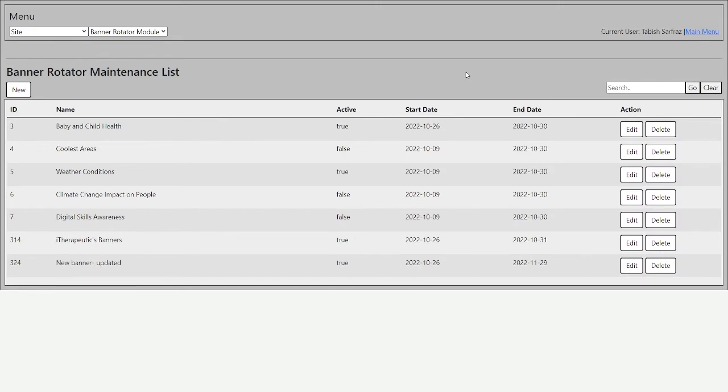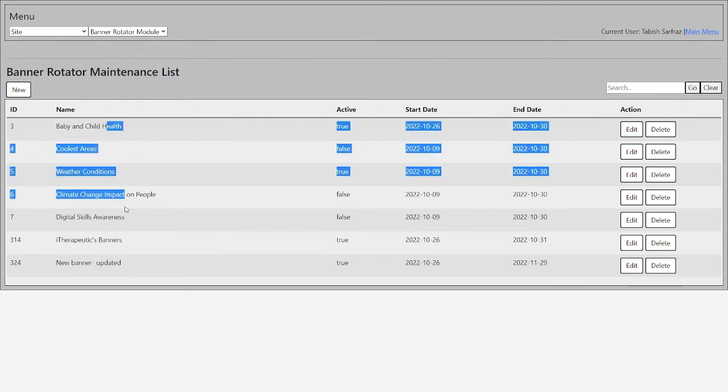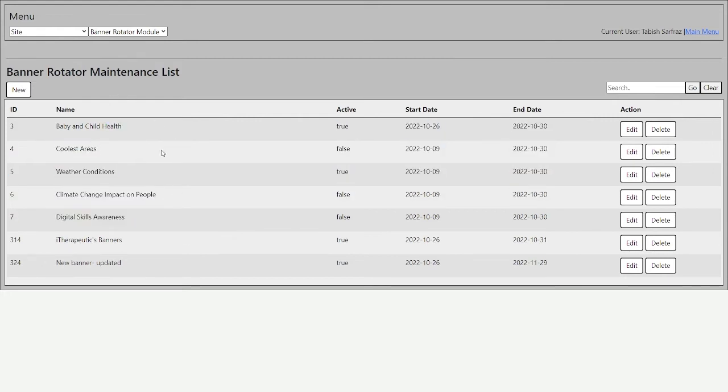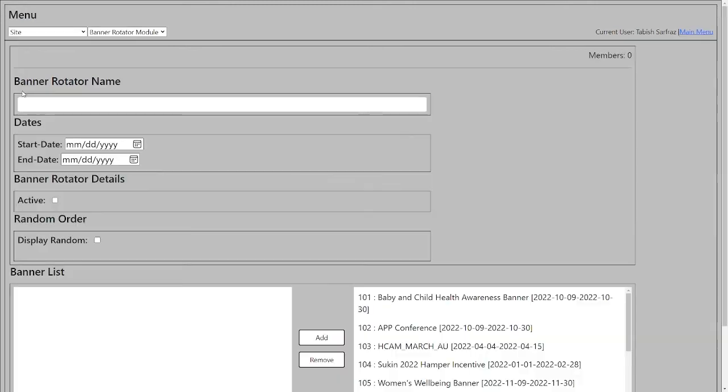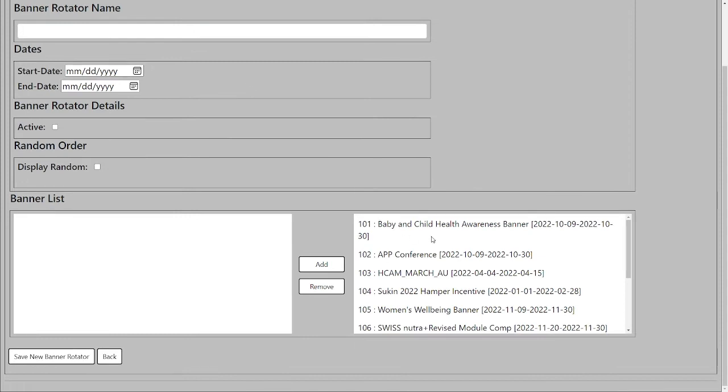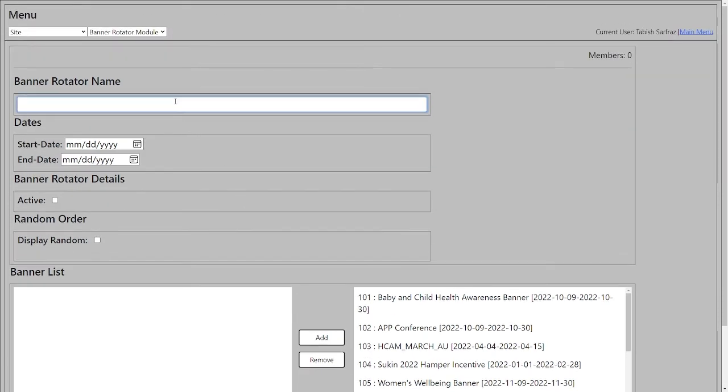Thank you, Vishwat. I'm Harindu, and I'll be explaining the banner rotator maintenance list. These will be our slideshows that we have already hard-coded. I'll be explaining how to create a new one and then edit as well. Once the user clicks on new, it will be navigated to this page where we have the hard-coded banners in the table database. So we'll start with a